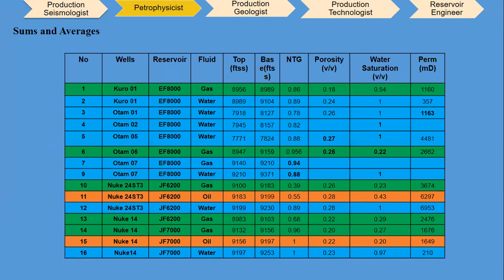The EF 8000, we have a clear information that there is a production. There is a good porosity, good net to gross, good permeability indicating possible migration, supporting our evaluation. And also the water saturation indicates that there is a good hydrocarbon quantity found in the